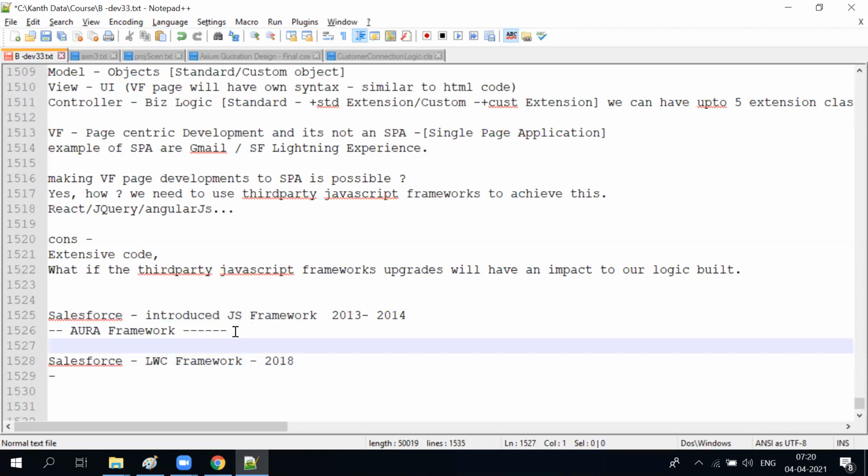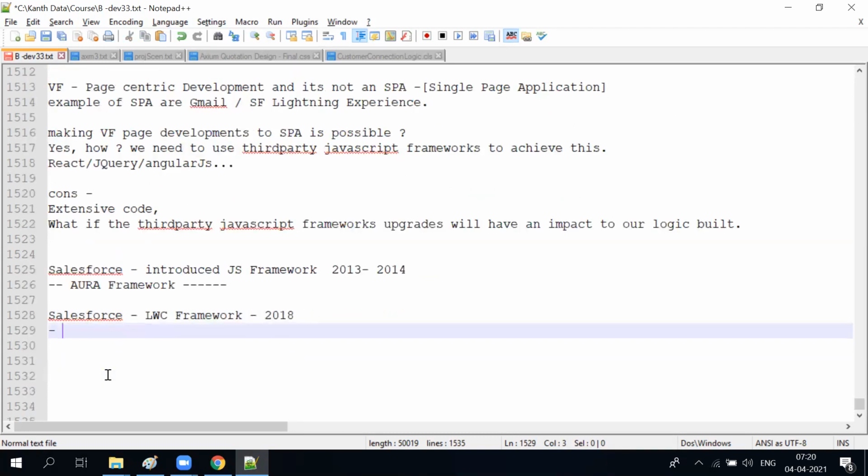And again, here also people started writing a bunch of code. So Salesforce thought, how do we minimize the code? Our intention is to minimize the code. That is where LWC came into the picture, where they are trying to do minimal activity. And even if you write a huge logic, the performance is really good. Performance of loading LWC is great